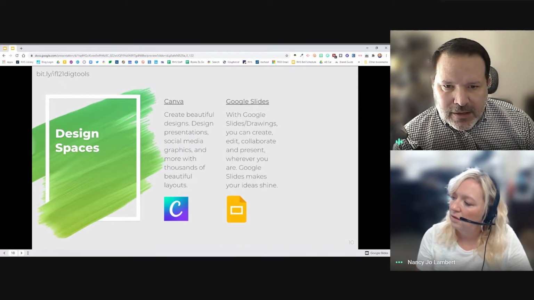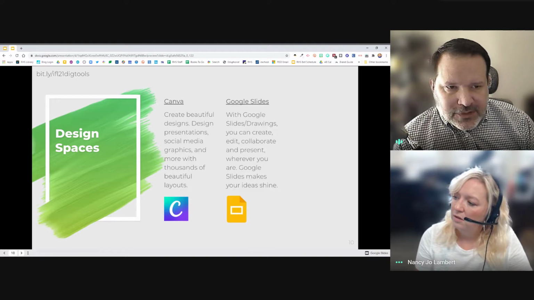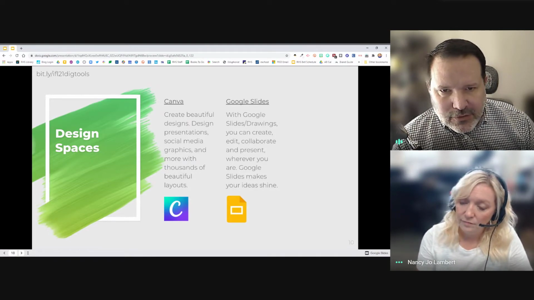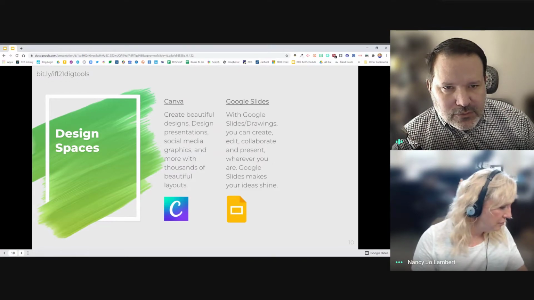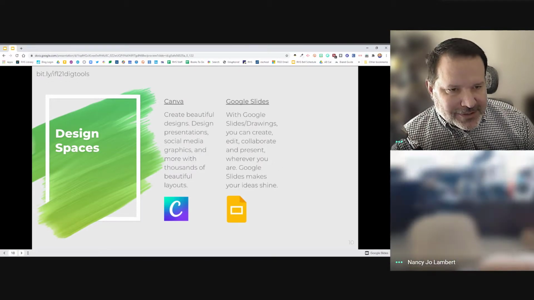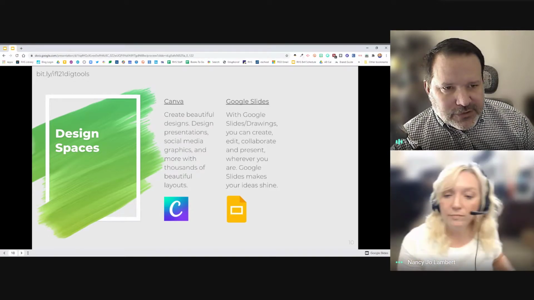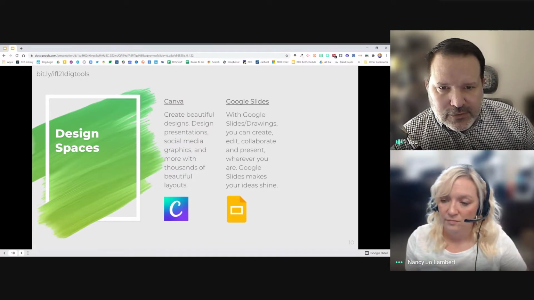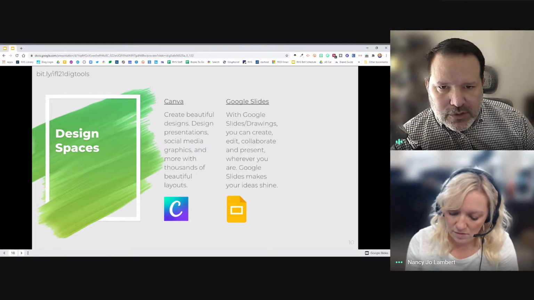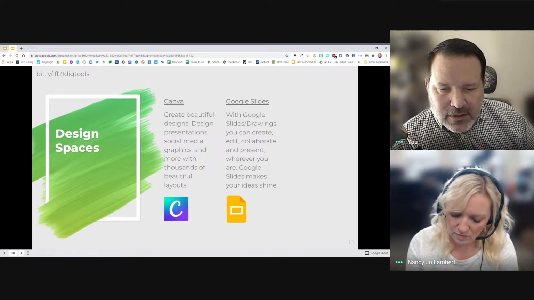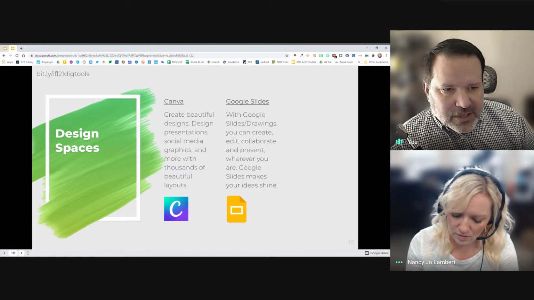So you may not know, but Google Slides and Google Drawings basically have the same features. Anything that you can do in Google Drawings, you can do in Google Slides. I think there's one feature where you can export a transparent PNG in Google Drawings that you can't do in Google Slides, but all of the tools that are in Google Drawings are in Google Slides. So it's whichever one you want to use. Sometimes Google Drawings is a little better for kids, so they don't get distracted by having multiple slides.